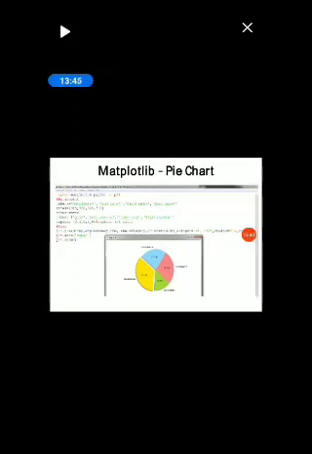You may explode a slice or more than one slice. For this you have to use the parameter explode, inside which you have to mention which slice you want to explode. So here in this example I am writing the first slice to be exploded. So here I am writing 0.1. If you write 0.2, the explosion will be more